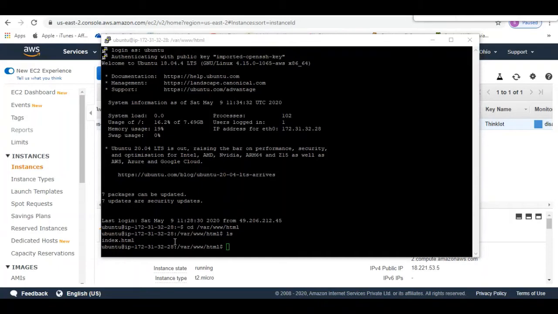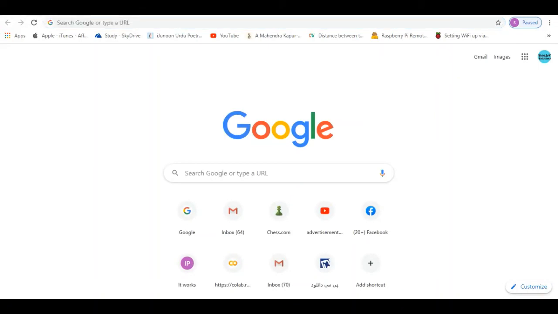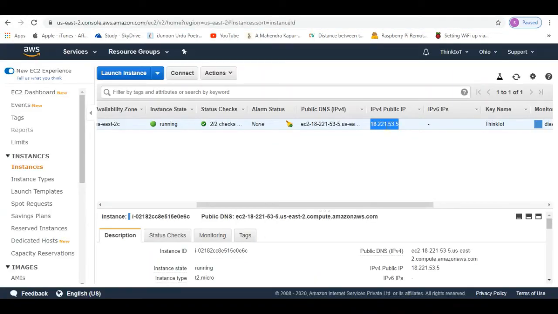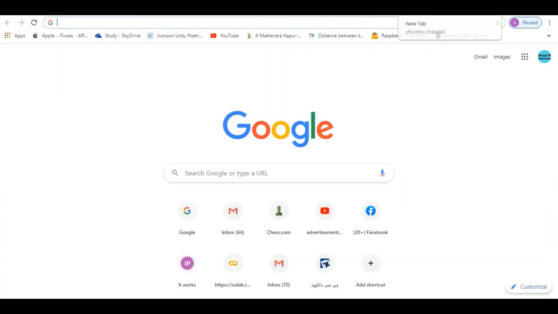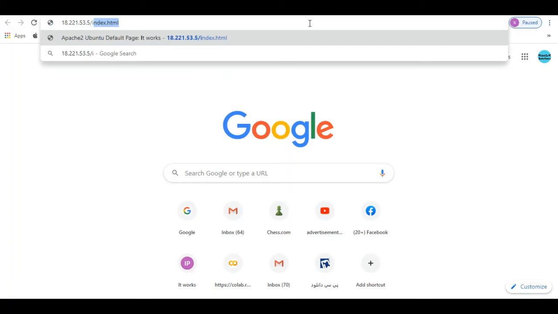If we want to see what this file contains, we will just have to go to the browser. So I'm going to the browser and opening this link. As you know, the IP address of our instance is this. I'll put in the IP address, and then write index.html.